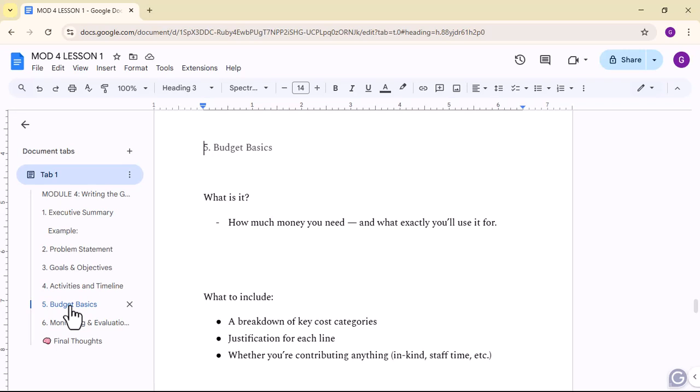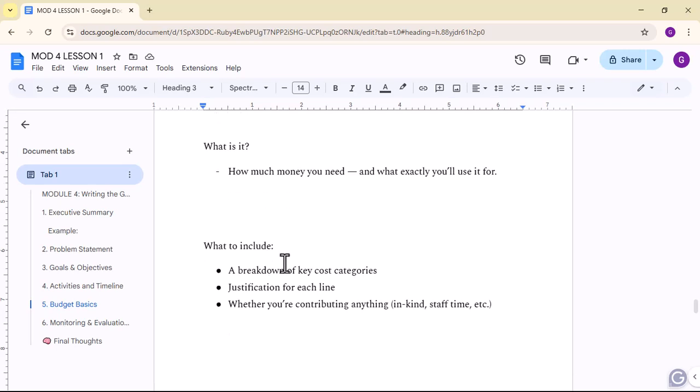Like I mentioned, I'm going to show you a full application that I've worked on that had been submitted. I will also show you the budget. The grant is a Lift Off Philanthropy Grant. It's a grant that supports NGOs that work in environment. All right. So those are some of the things you have to include